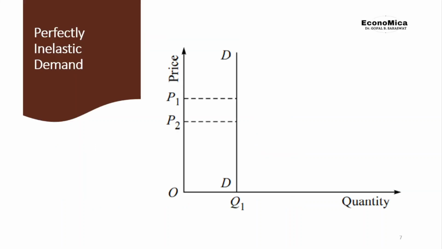Further, the perfectly inelastic demand curve. Here, whatever changes you make in the price of a commodity, that is not going to have any change on the demand for the product. So this means that the consumers are very highly insulated from the price change in such cases. This is the fifth degree, which is known as perfectly inelastic demand.